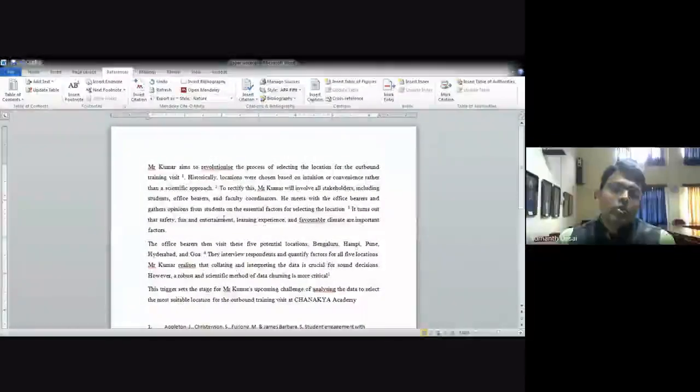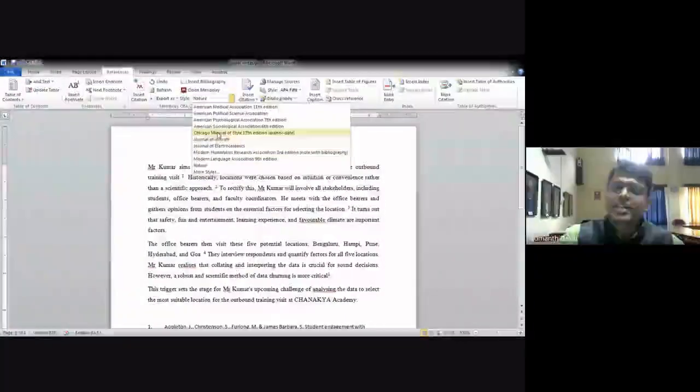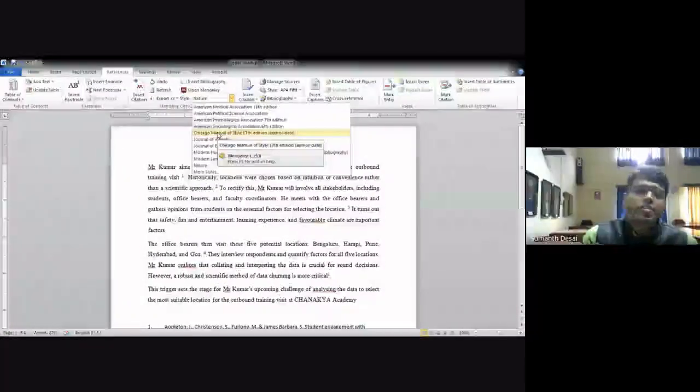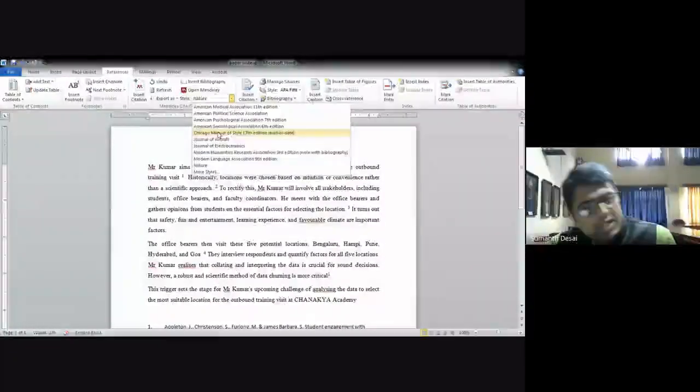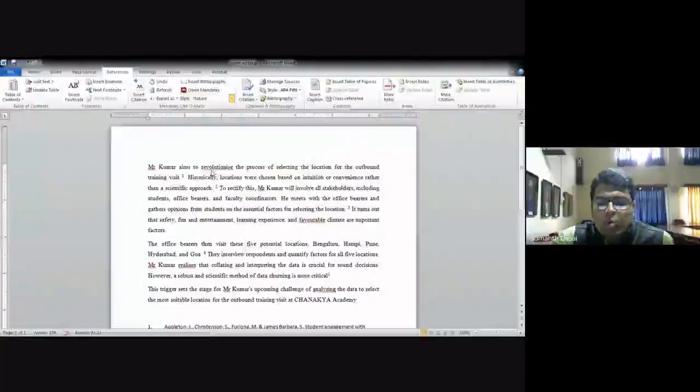Now, as you have seen here, there are only a few types of referencing styles here. What if a reference style that you want is not there in this list? So Mendeley provides you that additional feature also, wherein you can add additional references. Say for example, when you go here and click on more styles, it will directly take you here. So these are some of the